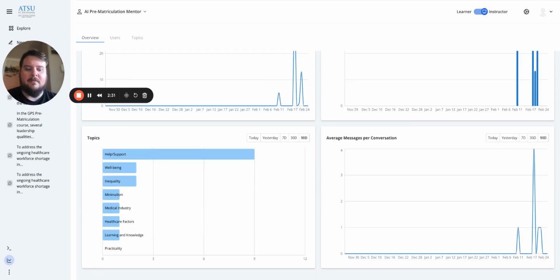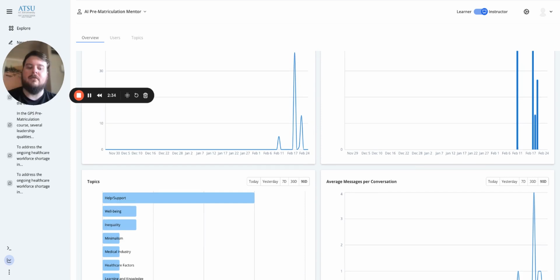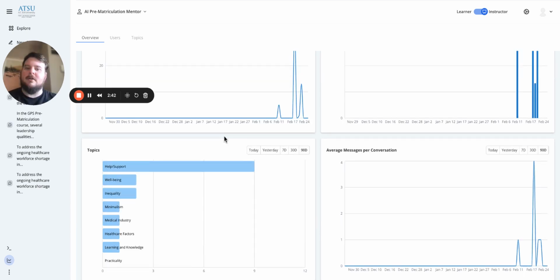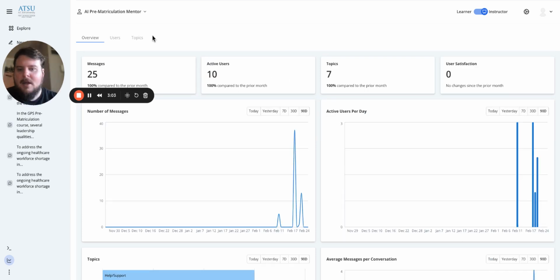So this is super helpful because it allows you to see the total volume of messages that are coming in from your learners to the mentor that you have them working with. It also shows you which topics are the most popular, right? So which areas of the course are students struggling with the most? Which areas does it look like they could use a little more support? And which areas does it look like they have a pretty firm grasp? Maybe we don't have to pay as much attention to that next week as, say, help and support in this case. And then as you scroll up to the top, what you're seeing right here is just the general overview